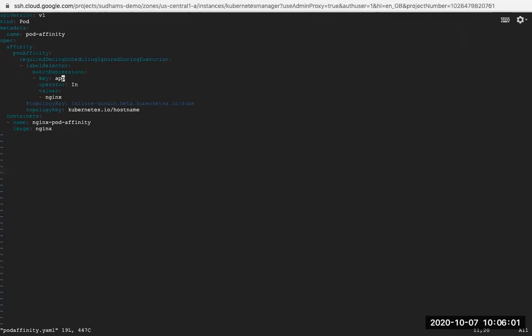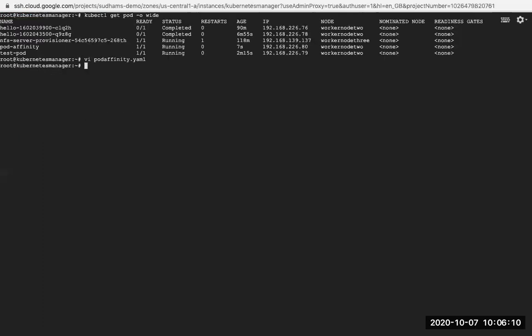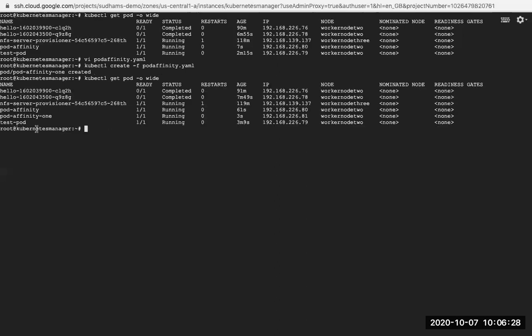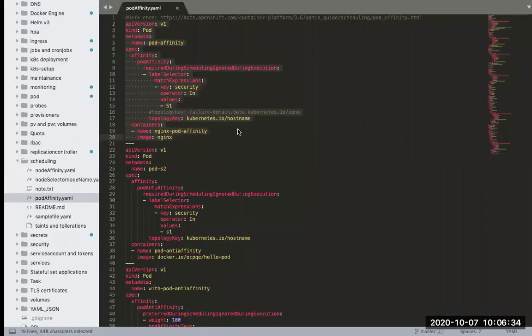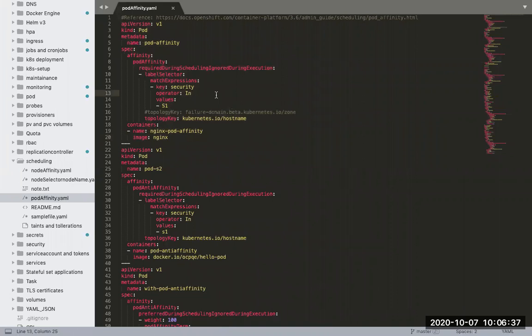We will try to deploy another pod. I'll name it something like pod-affinity-1 or 2. Let's say -1, only for our conclusion, saying that this pod is launching on the same node where the pod test-pod is running. Okay, that is called pod affinity. Okay, now let's verify this. You can see even this pod is also running on the same node where my test pod is running. So it means that it's working as per the expectations. Okay, so this will identify the node as well using the host name. So that is also one thing we have to remember.